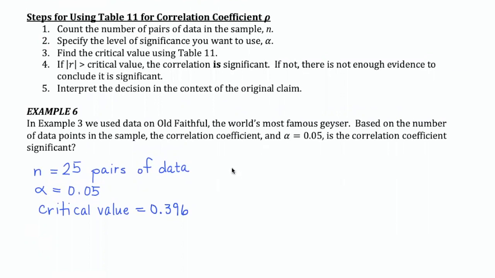Step 4 says if the absolute value of r is greater than your critical value. So you would have had to have calculated r like we did using Excel. And we're going to round it to 3 decimal points simply because that's what this table is set up for. So when we used Excel to get r for this data set, we got 0.979. So now we need to check and see if the absolute value of r, which is the absolute value of 0.979, is that, and I'm going to put a question mark over this greater than sign because I'm checking, is that greater than our critical value